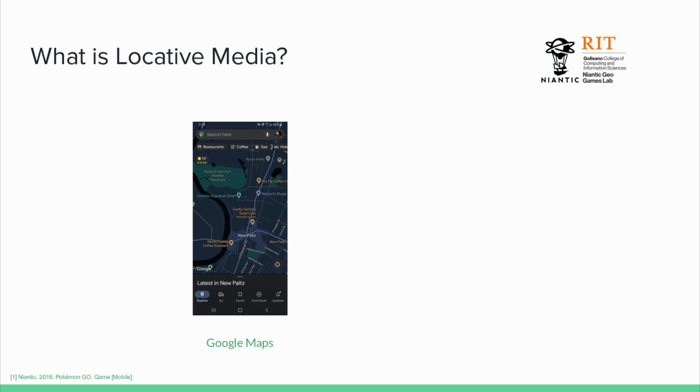But what it does have is a bunch of coffee houses. And if you look at the time that this screenshot was taken, it was around 3 o'clock, which is roughly coffee time. So what the map has done here is it's presented me with a version of physical reality that is relevant to my potential interests. And that's a very important thing about locative media: it's mediating, it's presenting a version of reality to you, and it's imposing it on top of physical reality, literal reality.